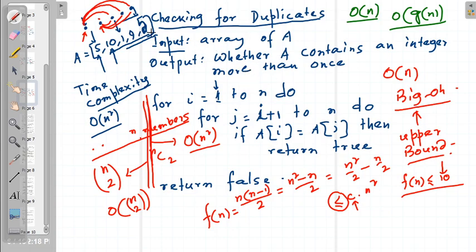One example is checking for duplicates in an array, whether an integer t is contained in both the array A and B. That example we have also seen. And also there is one integer t that we are searching for in one array A. So these are some of the examples we have seen, and based on that we have reached one